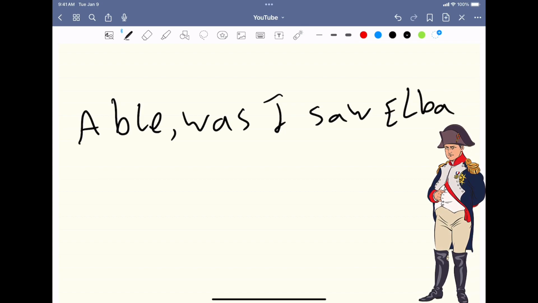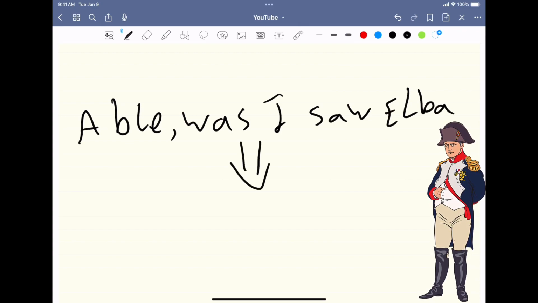Step 1 is normalization. We remove any characters that are not alphanumeric and convert all the letters to lowercase. So, "Abel was I saw Elba" becomes